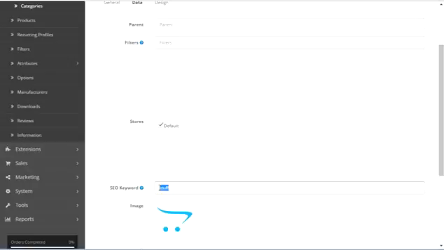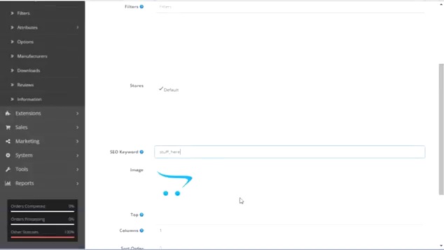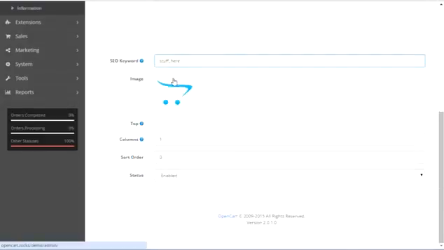Now you need to be careful with that and make sure that you're not duplicating another SEO keyword that you have somewhere else. Now, if you want to have multiple words, then don't put spaces in there. You want to put underscores. So if I was to do stuff here, now to put an image here, this image will be at the top of the category on the page when somebody clicks on the category, and say you're doing cameras and you want to have a collage of cameras up there for them to see,